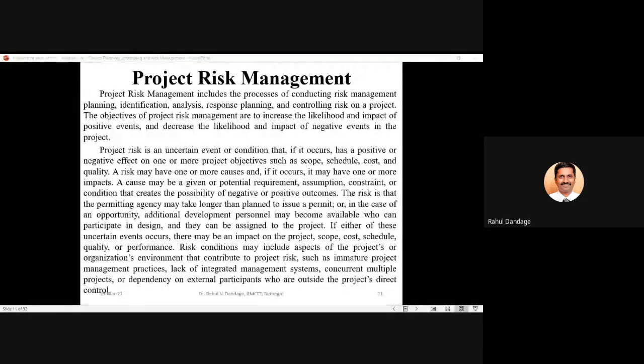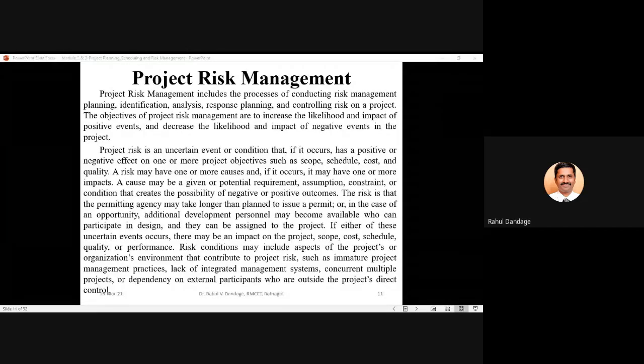The next part we are going to understand is project risk management. This particular knowledge area is one of the very important knowledge areas of the Project Management Body of Knowledge.